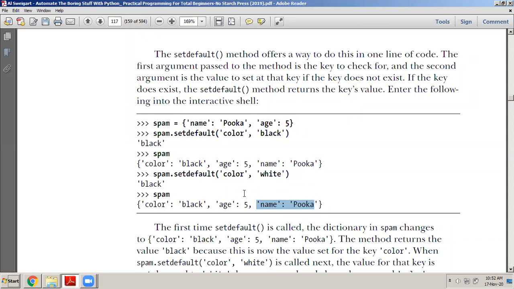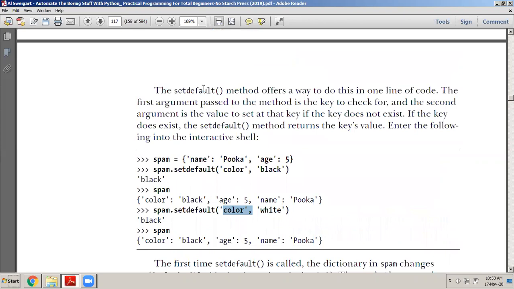So what you understand from this is that if I try to add a key which is already present, the new value and the new key will not be added. The previous one will be kept. A new element will not be added. This new element will be added only if the color key is being added to the dictionary for the first time. If it is present already, then this will not create any problem to the dictionary. The dictionary will remain as it is. The spam.setdefault statement will not make any changes to the dictionary if the color key is already present in the dictionary. Okay, I hope you understood what is the meaning of the setdefault method.